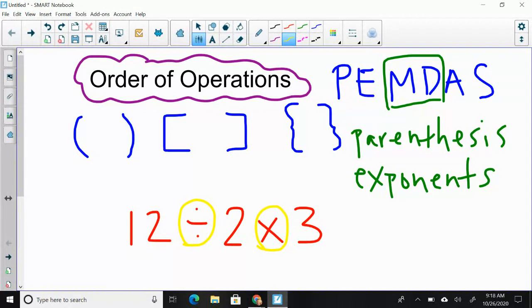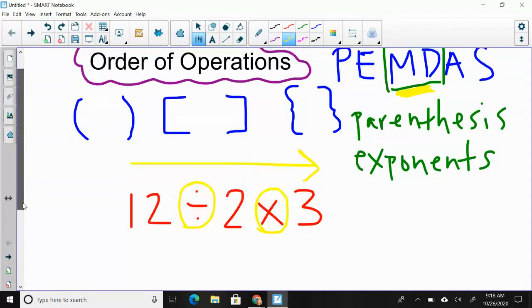So I am just going to work my problem from left to right because multiplication and division are on the same level. Okay, so I would say 12 divided by 2 is 6,